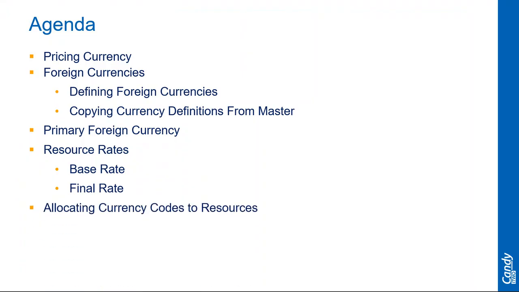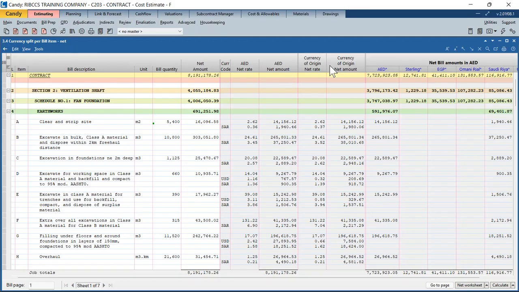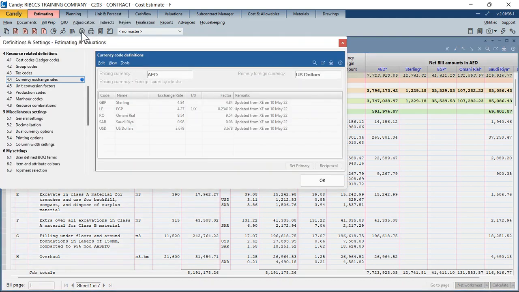The next thing on the agenda is, we've discussed allocating currency codes to resources. Now we are going to look at the dual currency bill settings. Let me come back into Candy. What do I mean by dual currency bill settings? If I go to the gear icon, Candy definitions and settings, we go to